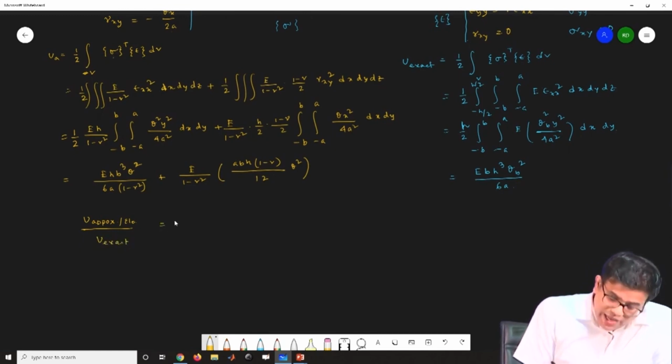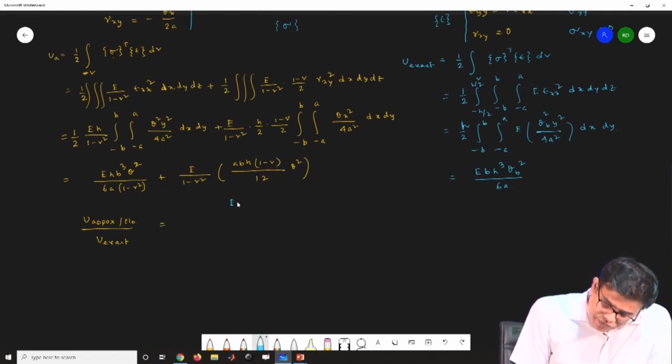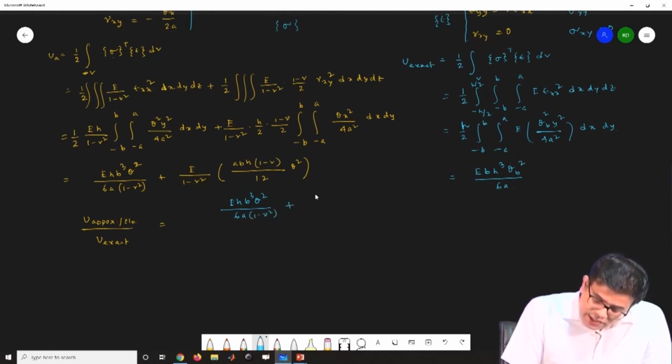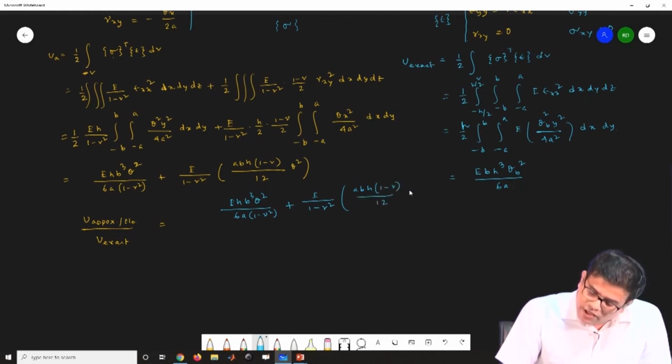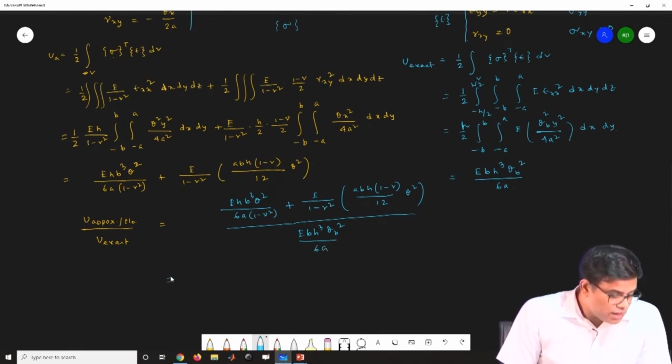So if I do that, that is b³θ² by 6a (1 minus ν²) plus E into (1 minus ν²) into abh (1 minus ν) by 12 into θ², divided by this, that is my Ebh³θ_b² by 6a. So if I manipulate or simplify it, then